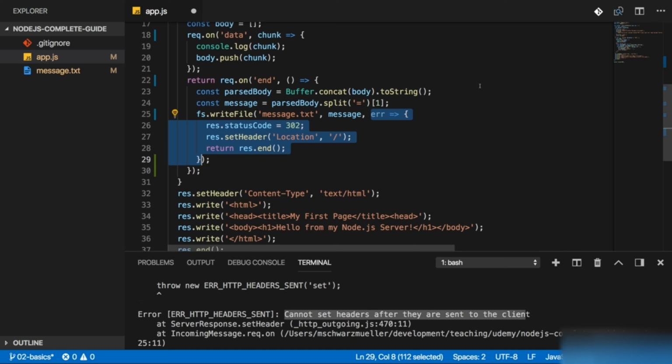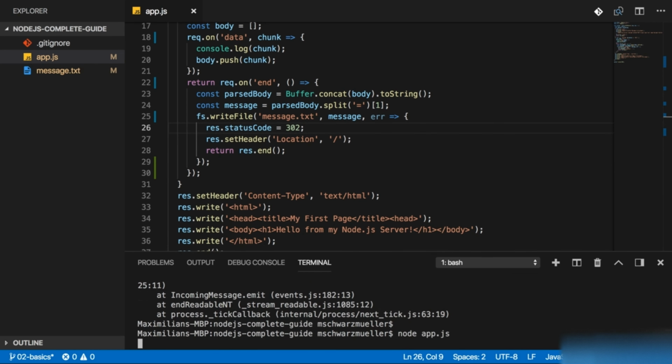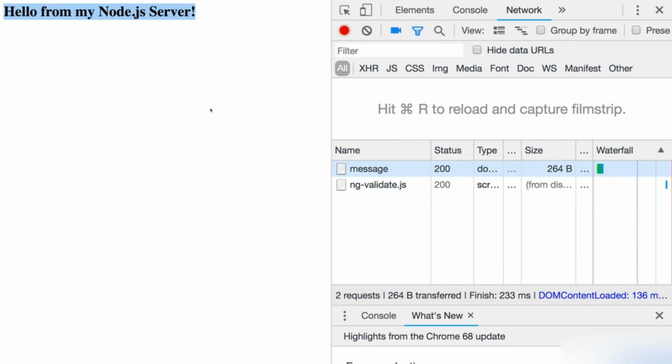So this is what Node.js does here and why it is high performant, because it never blocks your code, it never blocks the server, it just goes ahead and tells the operating system, do that, do this, and then eventually comes back and does something in the callback, like send a response, which is not a blocking operation because this is super fast, just a couple of headers and off you go. So I hope this is clear, and with that, let's restart this by quitting the server, rerunning node app, and